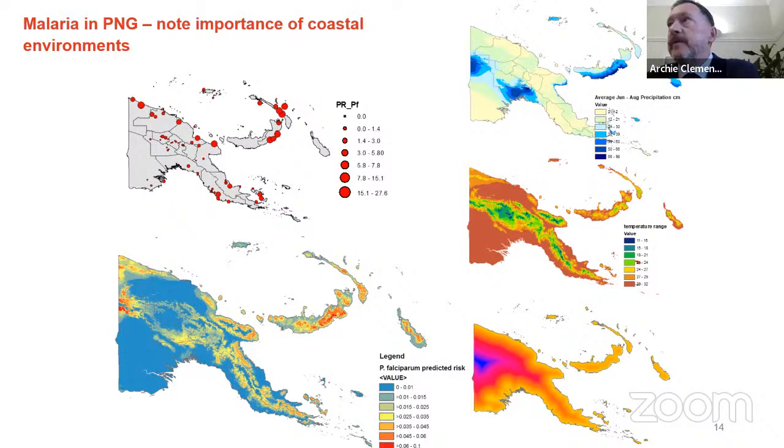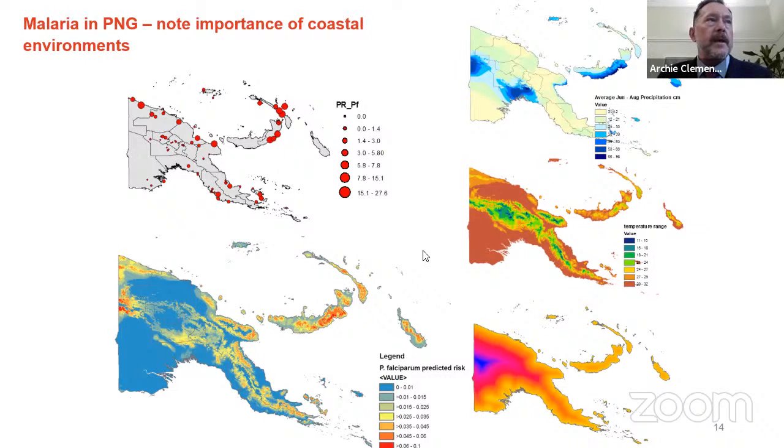Depends on what kind of mapping you want to do. So if you're wanting to do spatial prediction and risk mapping, then you need data on the disease and you need data on the environment. The data on the disease that you need is either the prevalence of infection in a location, or the incidence of infection in a location, or the infection status of individuals in that location, from which you can derive disease risk. And then when it comes to the environment, you need covariates that are available for the locations where you collect the malaria data, but are also available for the locations for which you want to predict the disease. And it needs to be available at a meaningful resolution.